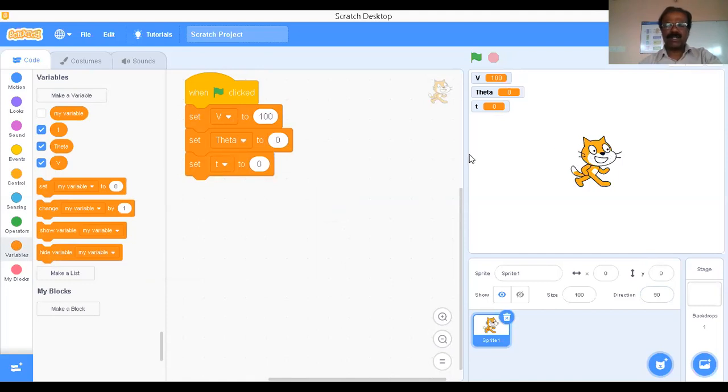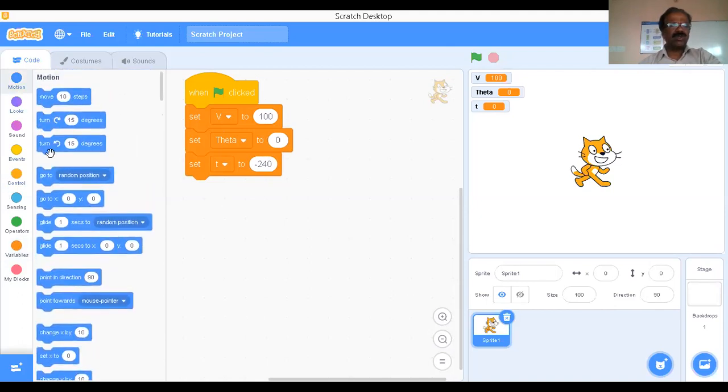Here x is minus 240. I'm going to start the waveform from this point, minus 240. Therefore, I'm going to make t equal to minus 240. Now t equal to minus 240, v equal to 100, theta equal to 0.